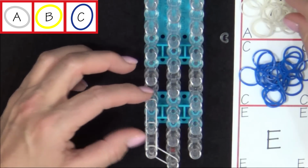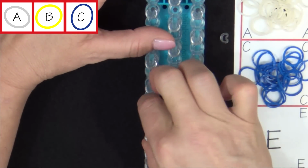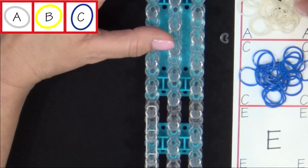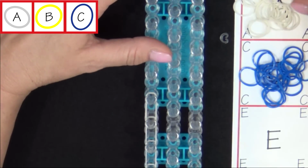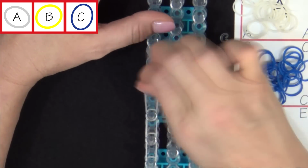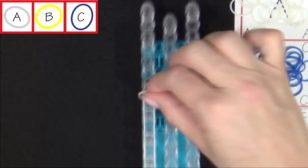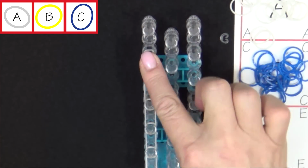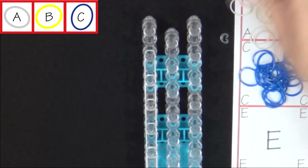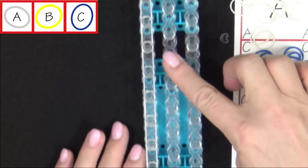Place one band over the other in a single chain till you reach the end. We'll fast forward from here. And then you stop from the second to the last pin and place the last band into the center. Then return to the beginning of the loom